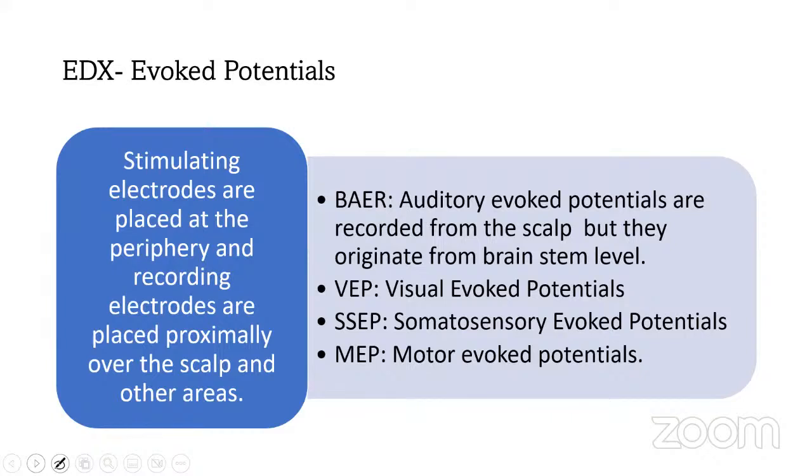The other evoked responses, which we study by stimulating electrodes placed at the periphery and recording electrodes placed proximally over the scalp and other areas, include brainstem auditory evoked responses. Auditory evoked potentials are recorded from the scalp, but they originate from the brainstem level. Visual evoked potentials, VEPs, somatosensory evoked potentials, and motor evoked potentials. These are other aspects of evoked potentials that we have to learn in the course of our DNB